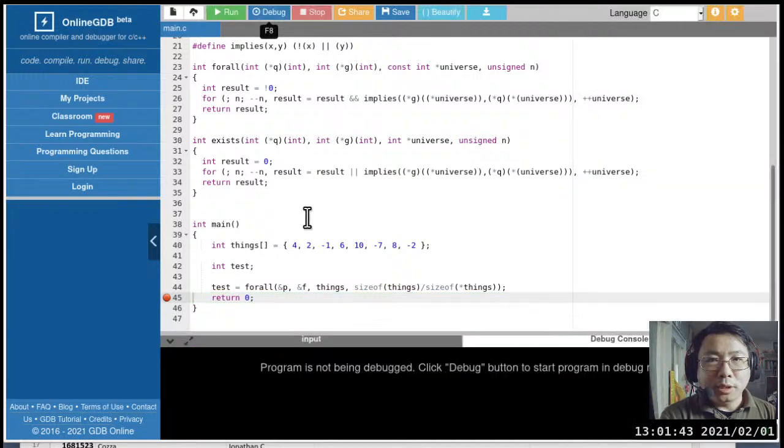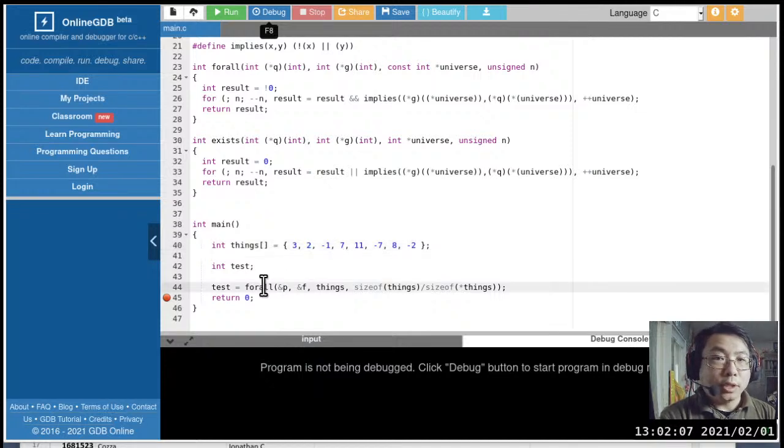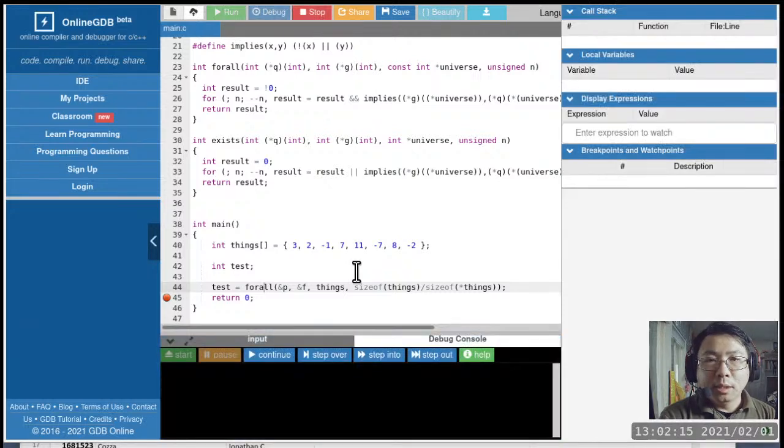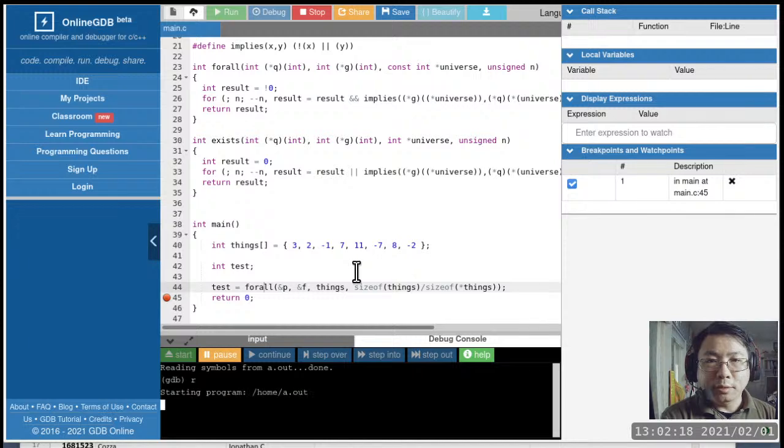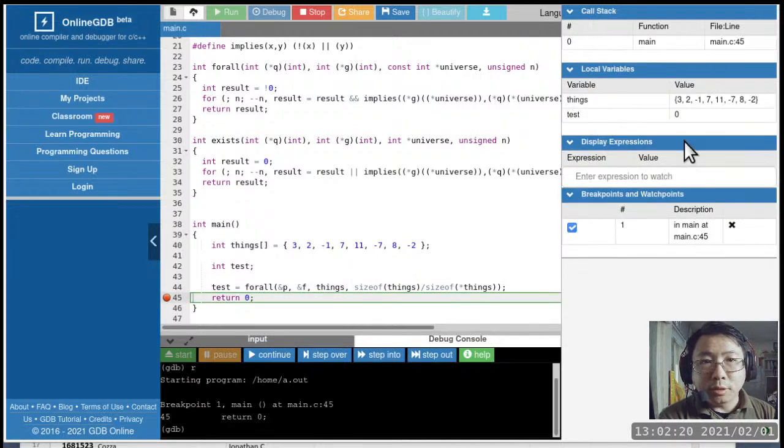So we're going to change the array again. Let's only make one of the non-negative values being even. So we'll return this one back to a 3. I think this one was a 7. I could be wrong, but it doesn't matter. We'll just turn all of them except for 1 being both positive and even. And then we'll first test for all, because this time it should return a false. So we debug, and then we run, and it does return a value of false.